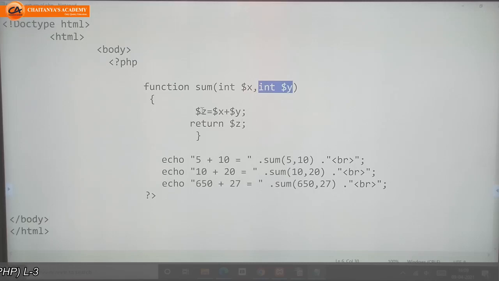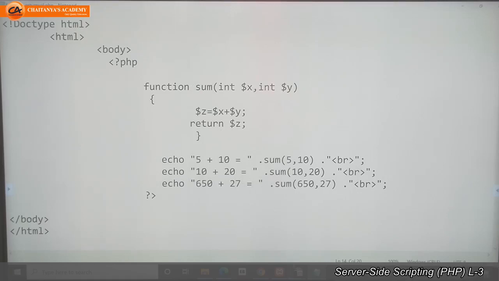Next, z is equal to x plus y. So whatever we passed here, 650 plus 27, it returns the value 677. It will come to this sum, so our sum becomes 677 and it will give that value as output to us.